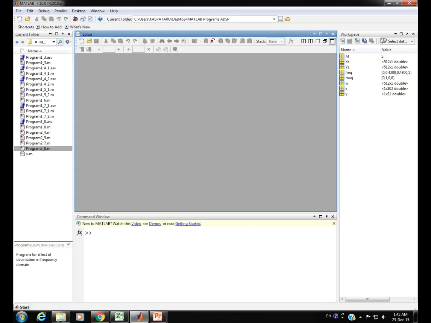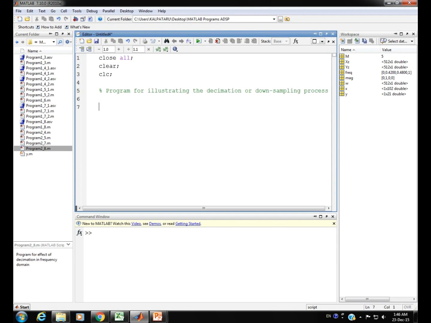We take the simplest aim to be accomplished here: to write a MATLAB program to illustrate the decimation, which is also known by the name downsampling process. For that purpose, let us switch to the MATLAB environment. Now for doing this, we are going to take the 4 values accepted from the user, so that we can have the program developed for those particular values to illustrate the decimation here.